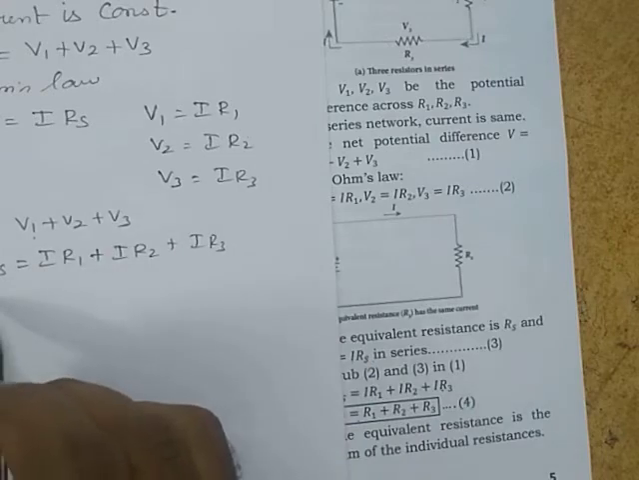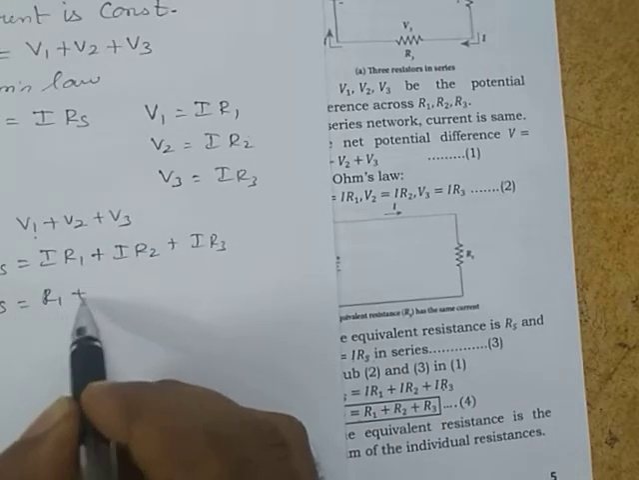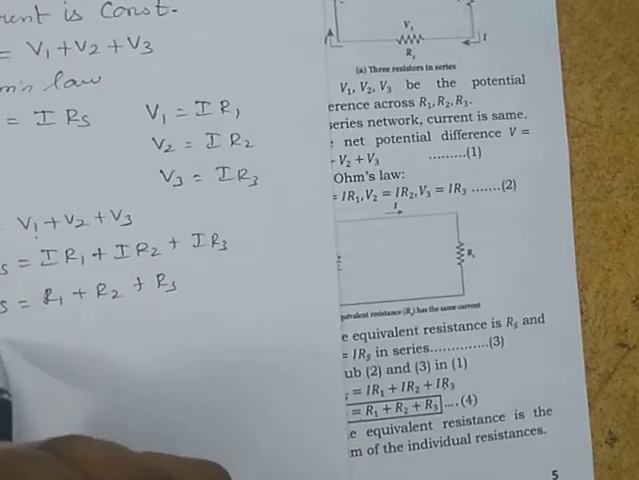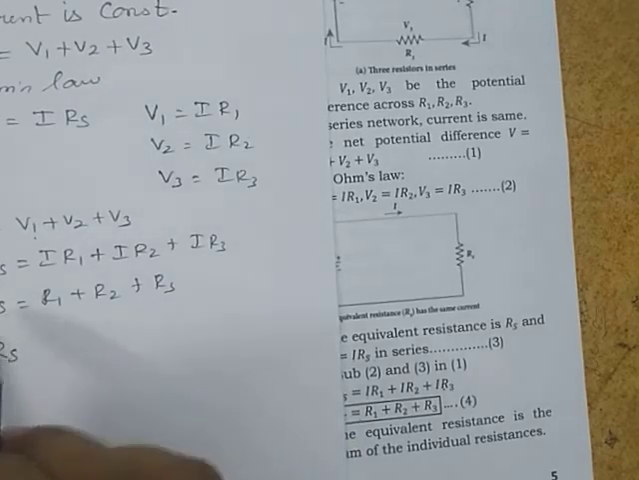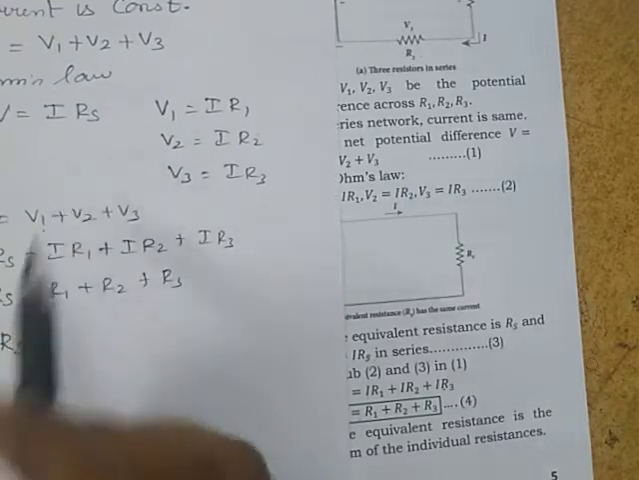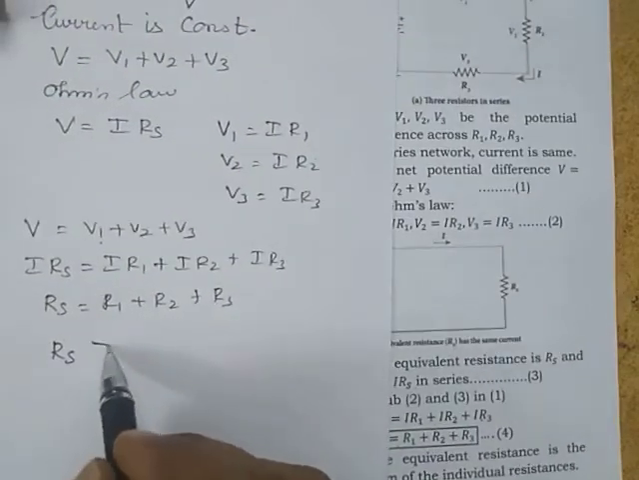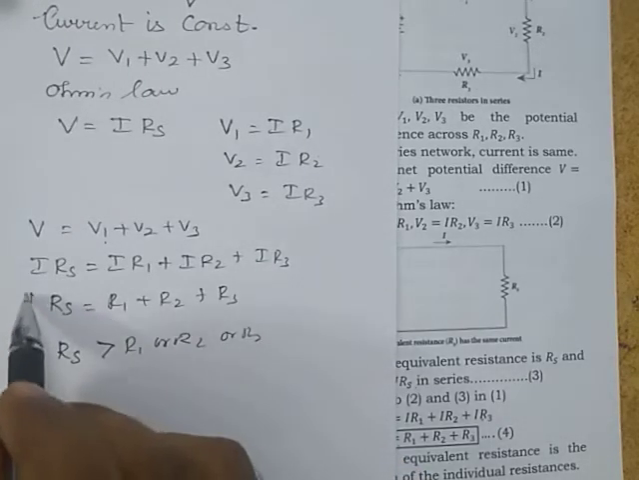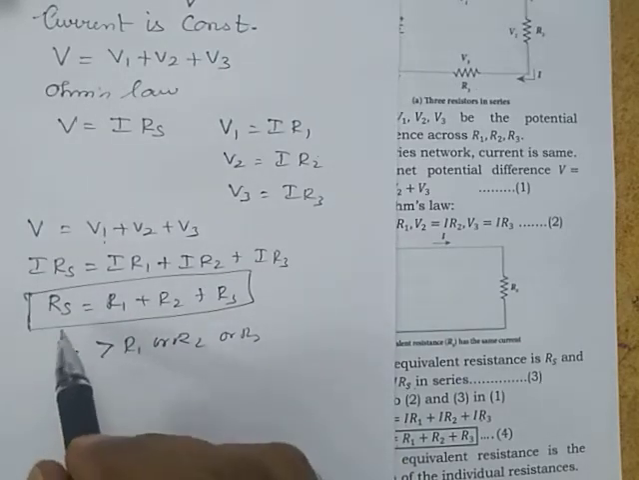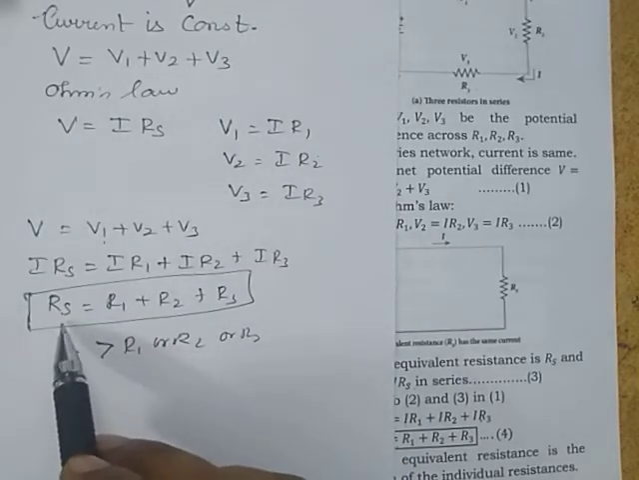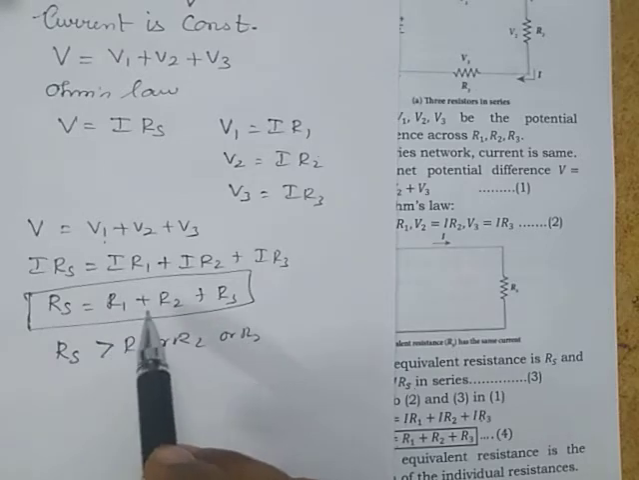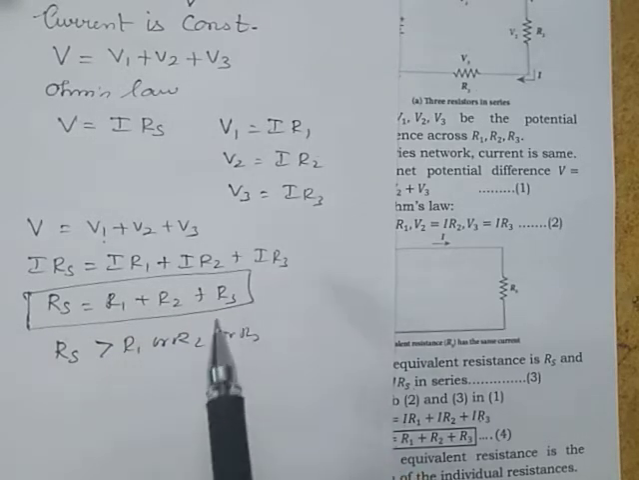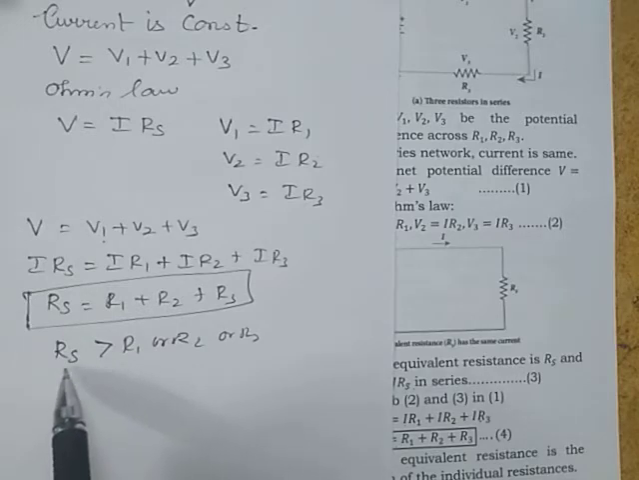Okay, on solving this we get Rs is equal to R1 plus R2 plus R3. Here Rs is the effective or equivalent resistance of the resistors that are connected in series. Always Rs is greater than R1 or R2 or R3. This expression can be stated as: the equivalent resistance is equal to the sum of the individual resistances when resistors are connected in series. Always the effective resistance, that is the equivalent resistance Rs, is greater than R1 or R2